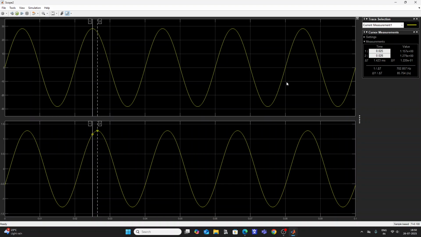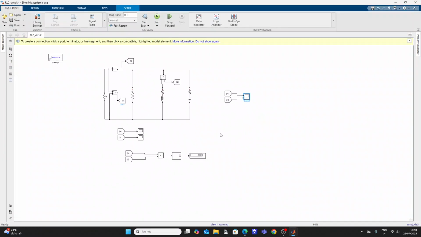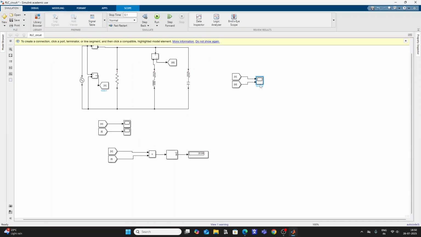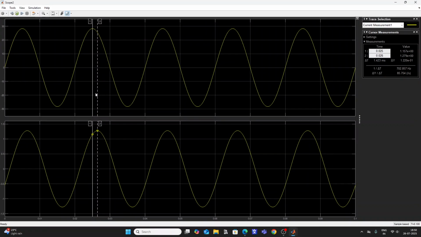And the corresponding time, you can note down approximately 1.4 to 3 milliseconds. You can convert this into degrees. So 20 milliseconds will correspond to 360 degrees, so this many milliseconds will correspond to that much phase angle difference. This is one way of finding the angle difference and finding out the power factor. Or we can